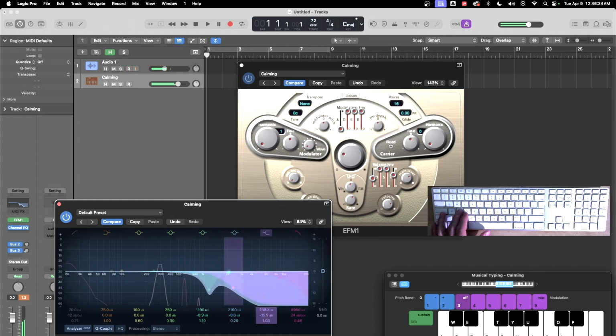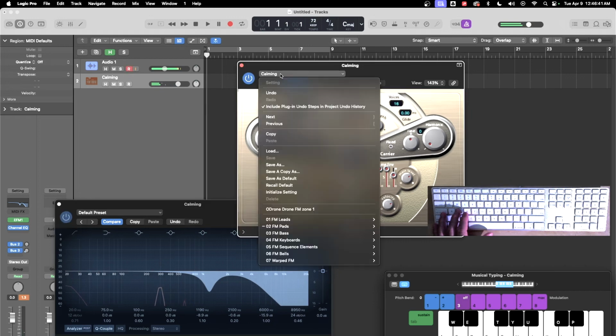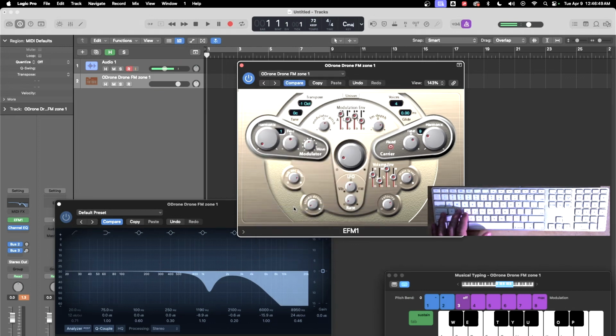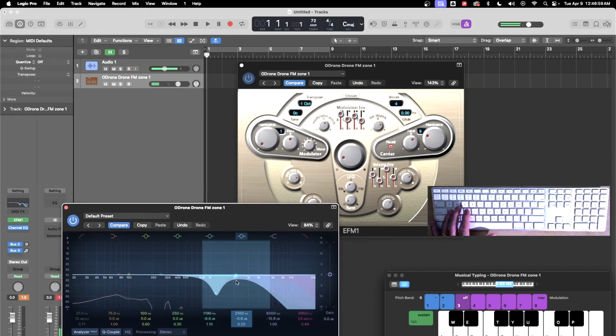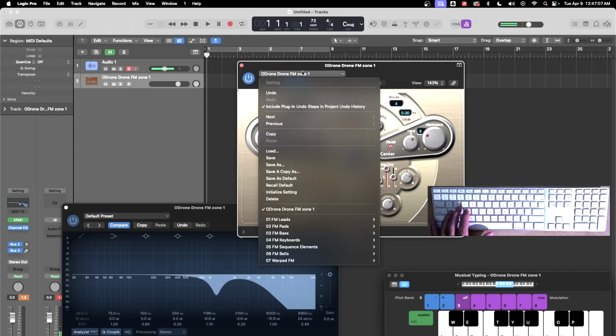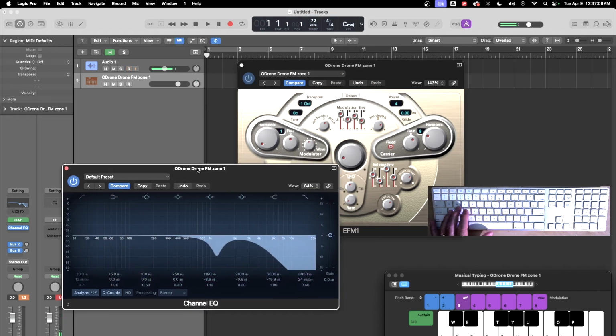Let's take this one. So as I said, there might be some cool stuff. Let's go back to our preset. So there's basses, keyboards, and so on. Let's go to our preset, which is up here, Drone FM1, and we're back. So the EQ is going to change every time. Your requirements for your EQ are going to change every time you do something drastic here, or even just change a preset. So you might want to name this one